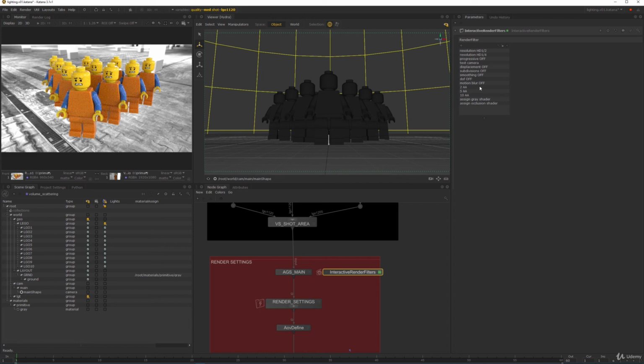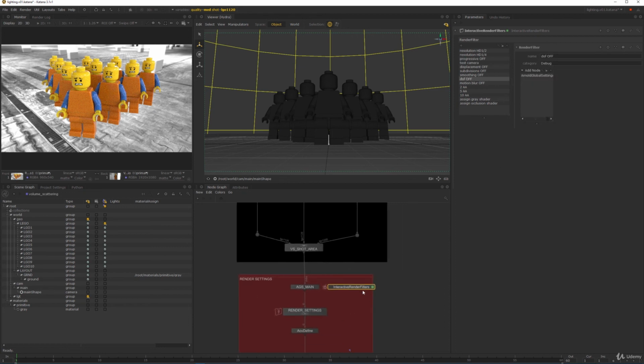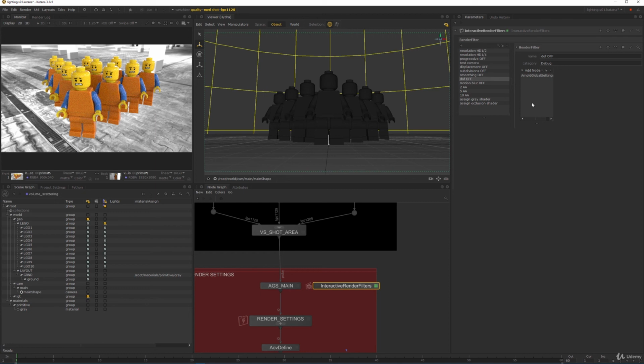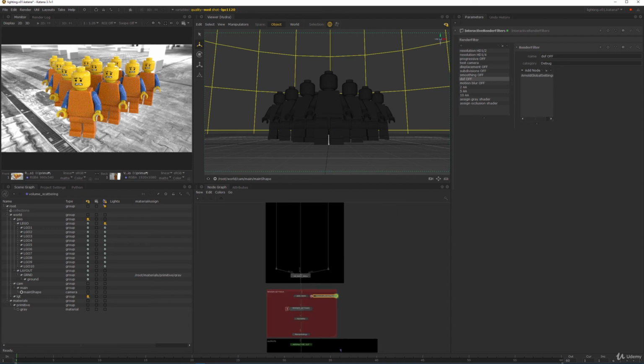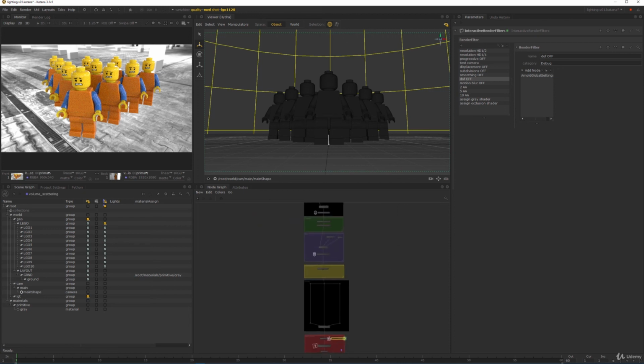So if you have any specific ones for lighting, you can just easily go back and just add a few more, or remove a few ones. And in the previous lecture where I was talking about interactive render filters, you can have a look how this was set up exactly. So very straightforward. Let's just work on some lighting work for the